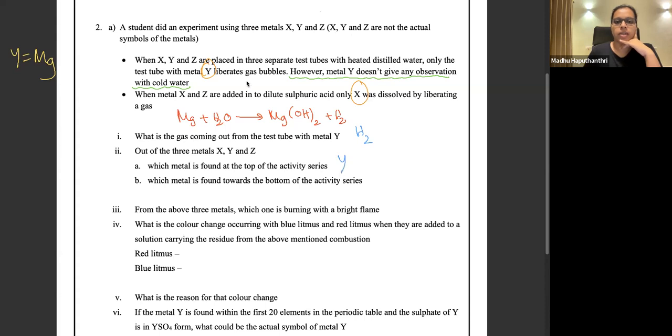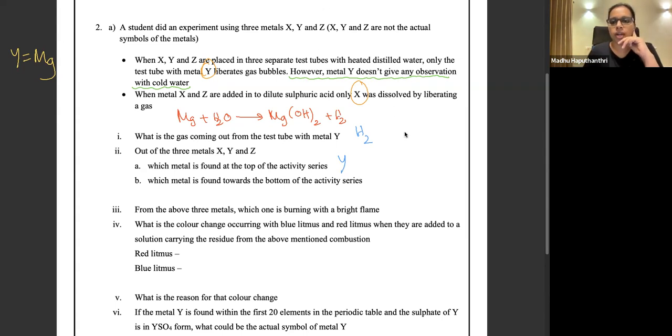So the reason is, now we are reacting these metals with water and with acid. So Y is reacting with water, which means it is obviously reacting with the acid. That is not a question. We don't have to give that information to you. That is understood. If someone can react with water, acid is nothing for him. And then when you take X, X cannot react with water.